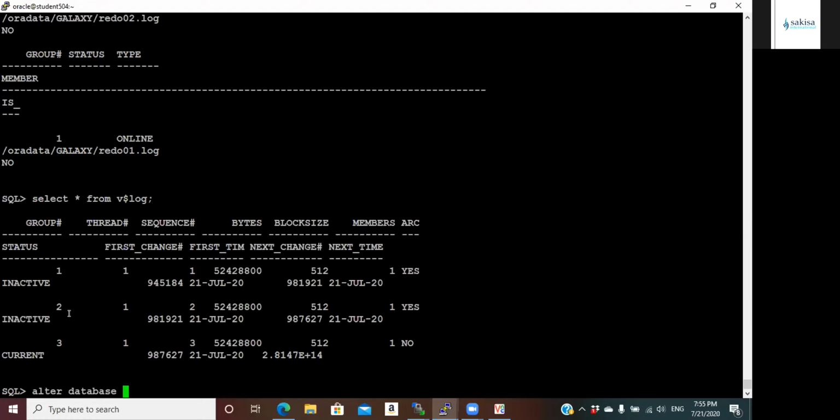The question is clear. In brackets, 24 redo log files. That means you need to add the groups and not the members inside the groups. You need to add the group to have 24 redo log files. You cannot add the members.